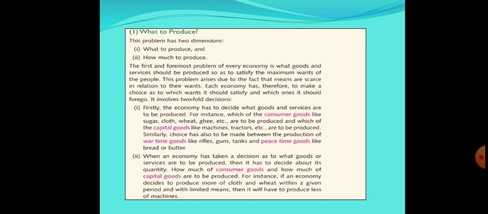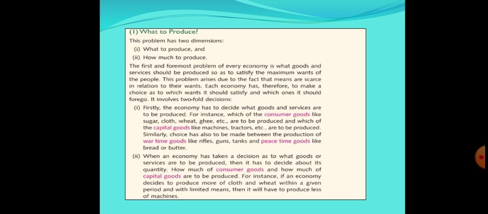The first problem is what to produce, and of course, in what quantities. That is, how much to produce. This is a problematic situation because no country can produce all that it wants to produce. Countries need to make choices. Some broad categories of choice can be between consumer goods and capital goods, wartime goods and peacetime goods. There can be choice between production of necessities and luxury goods. Similarly, there can be many other choices.